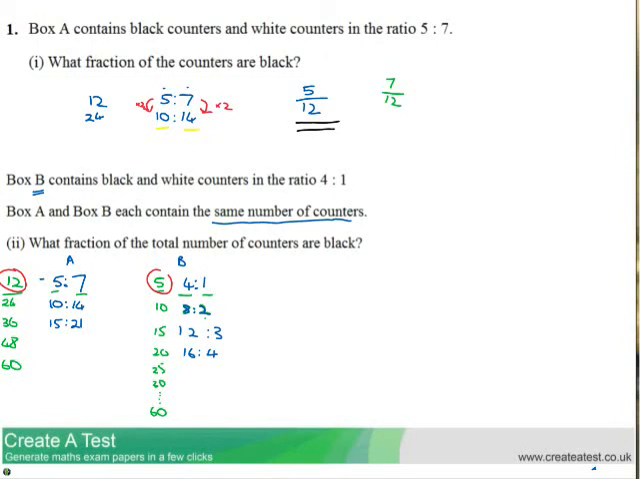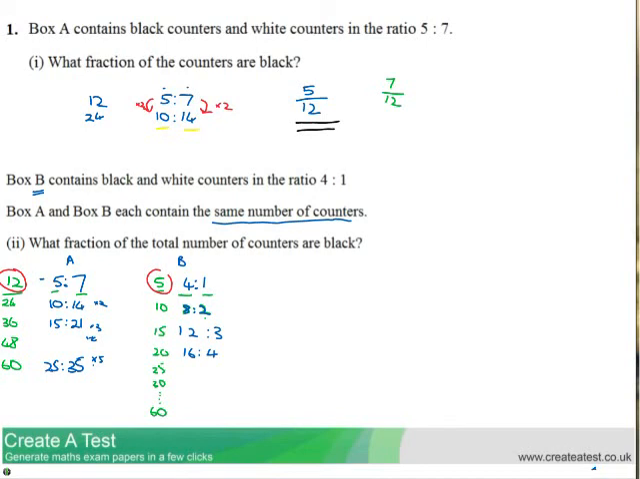So if you had a ratio of 5 to 7, the equivalent fraction, well, this is twice as big as the original, this is 3 times as big as the original, this would be 4 times as big as the original, this is going to be 5 times as big as the original. So 5 times 5 gives us 25, 5 times 7 gives us 35. So this is an